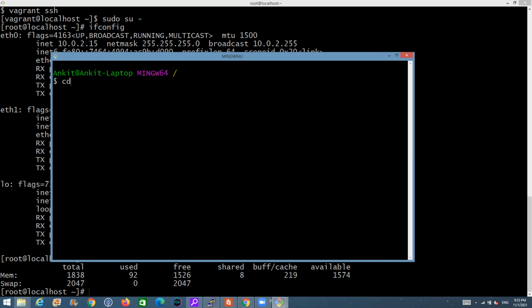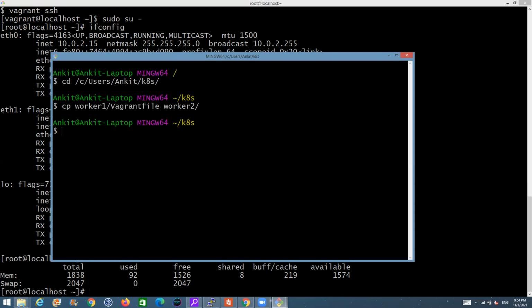So I can say cd slash c slash users slash Ankit and KTS, and this time I'm going to copy from the worker one the Vagrant file into the worker two.